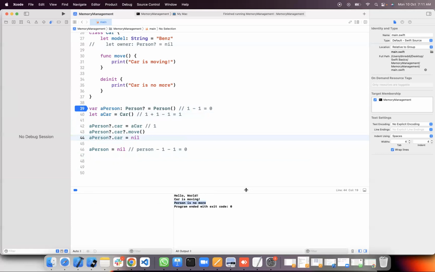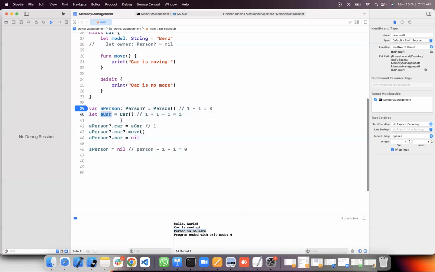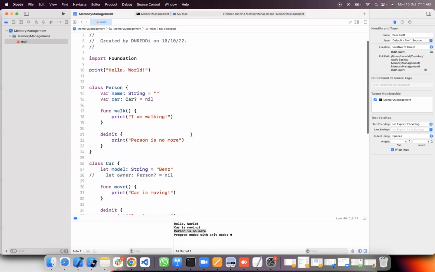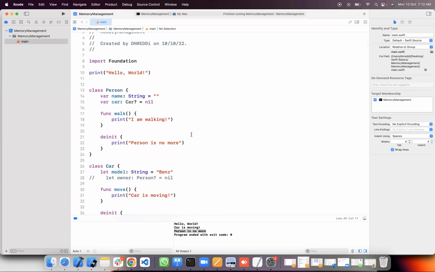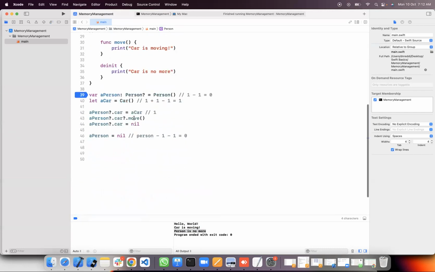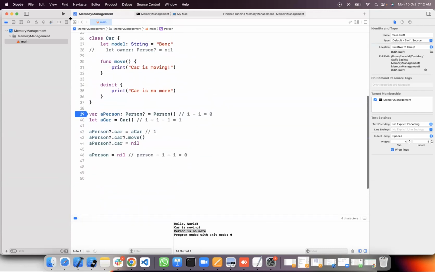When you want to give partial ownership, what happens here? There are 2 owners. A car is one owner, and a car is another owner. The 2 owners are there, so the car is not released. But still it can be released by the ARC system. It automatically releases, no problem. If you do not want to increase the reference count,